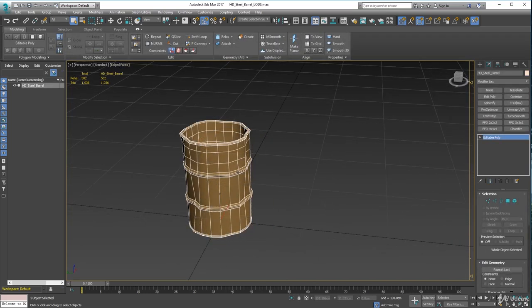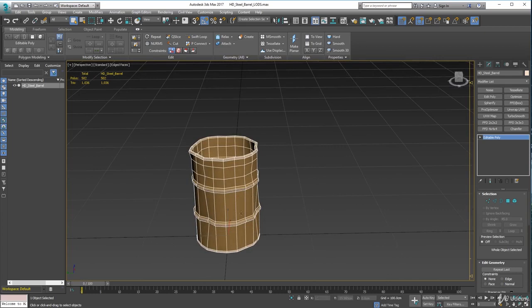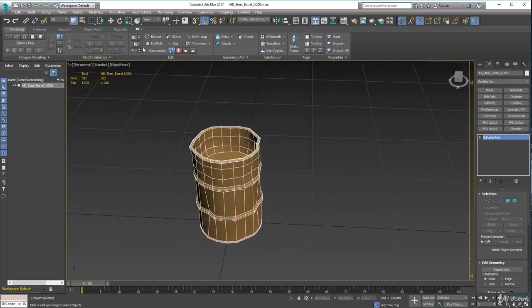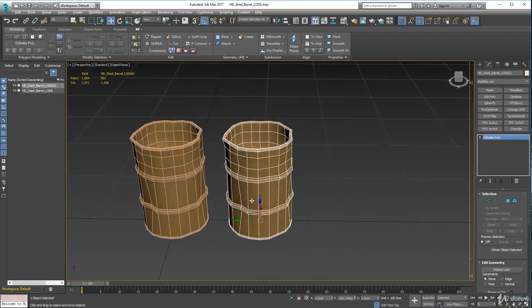So this is the first one, and we need to name them very specifically, or Unity will not recognize that you have LODs. So this one up here, you're going to call it HD steel barrel, and on the end we're going to put underscore LOD 0. Unity will know automatically that that's the highest definition of this model. So click on move, hold down shift and move this object over here. Now we've got